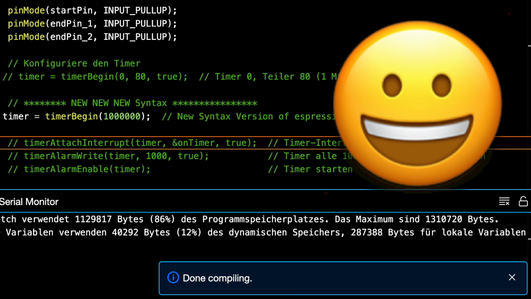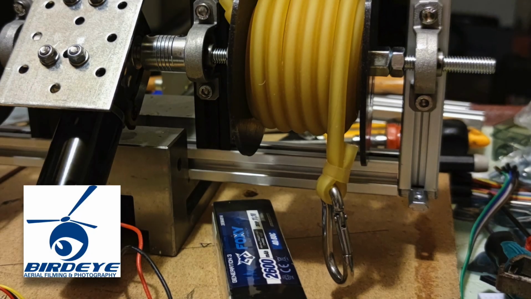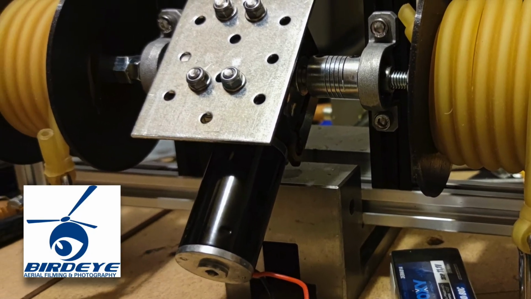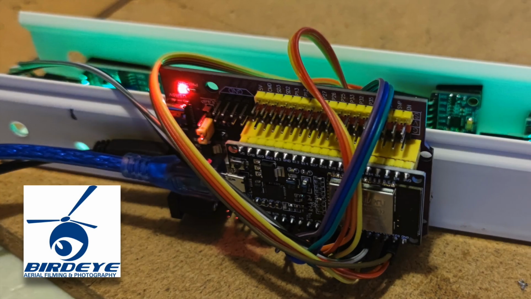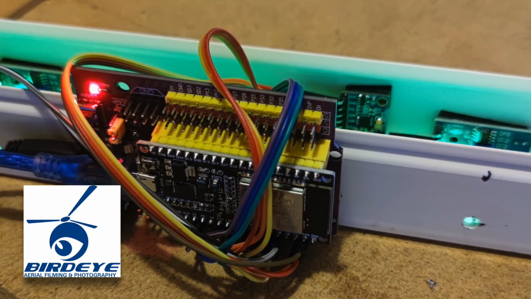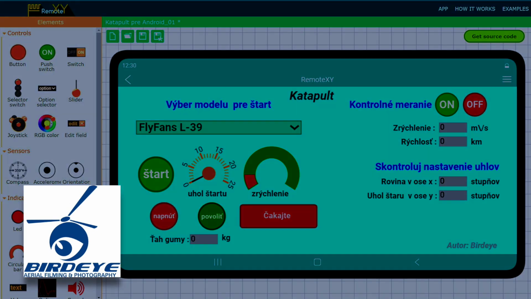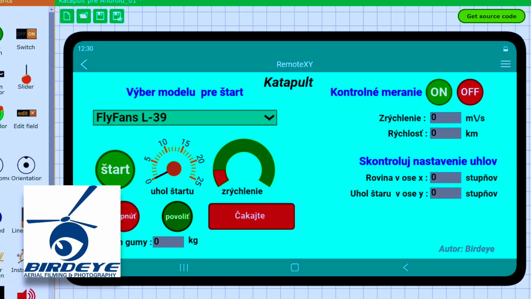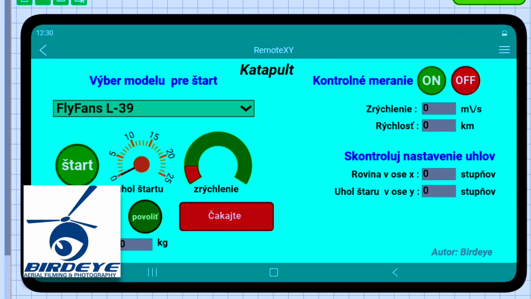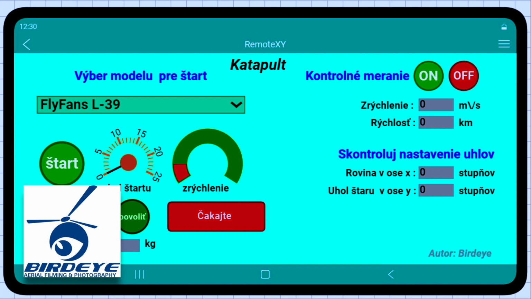Now I can send it to a viewer of our channel who asked me for the Speedo code. Peter is building a launch catapult for model airplanes, and he wants to use our principle to measure acceleration and takeoff speed. He is even adding features and developing a suitable smartphone user interface. A really great project. I will definitely report on it when it's finished.